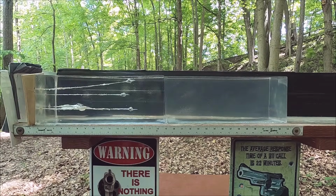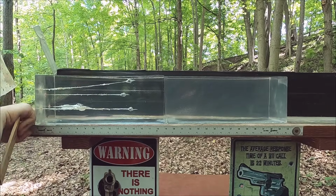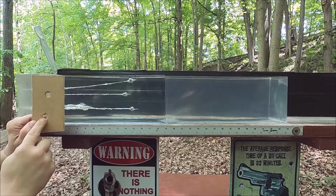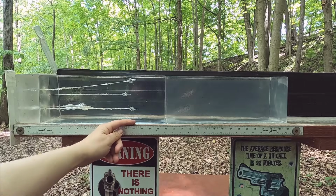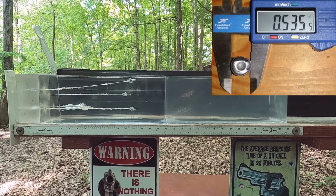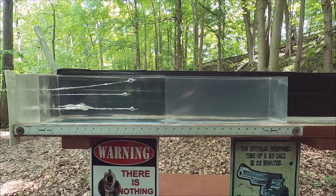All right, so that changed everything. Hitting a rib simulation, I don't think it's really so much as the denim changing it, because we do see energy dump in this first 3 inches. It's kind of hard to see, but it's there. Big old energy dump there. And what we see with both of these had expansion after going through that first 3 inches. But that lowered that expansion enough down with our 9mm silver tip that we got about 15.5 inches of penetration. With our 38 Special +P, about 15.25 inches. So honestly, if a rib or the arm bone would have been hit, there would have been more penetration and that threat would have been stopped,